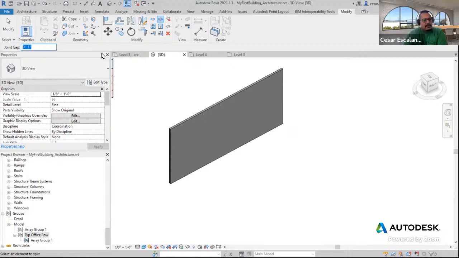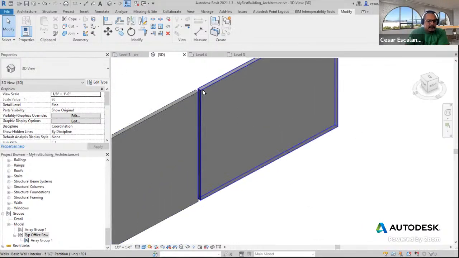This is if you want to create structural joints or separation joints between structures or assemblies, then you can specify how big that joint is. And when you select a wall, it will create that